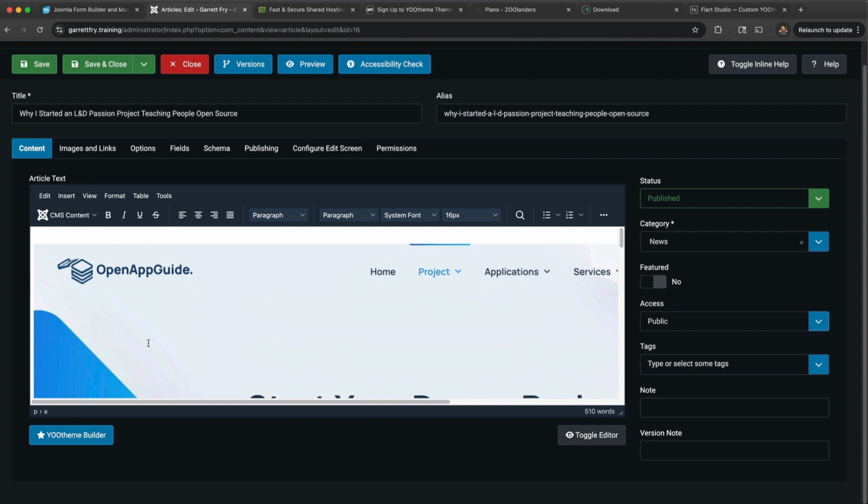Now, the article is the base content type for Joomla. And these articles, even though they're named articles, can be anything that you would want. They can be a product, a blog article, a site page, anything. Because Joomla has that level of flexibility with its base content type, you can specify some of these pages as being site pages taken over by the YOOtheme Pro framework,